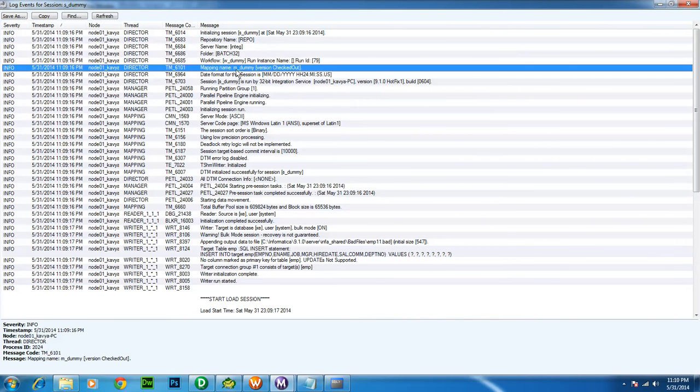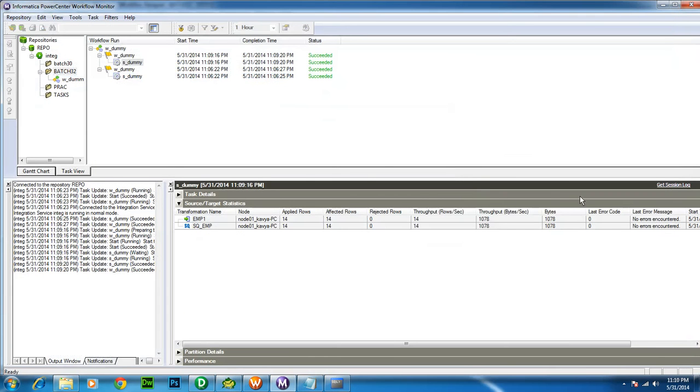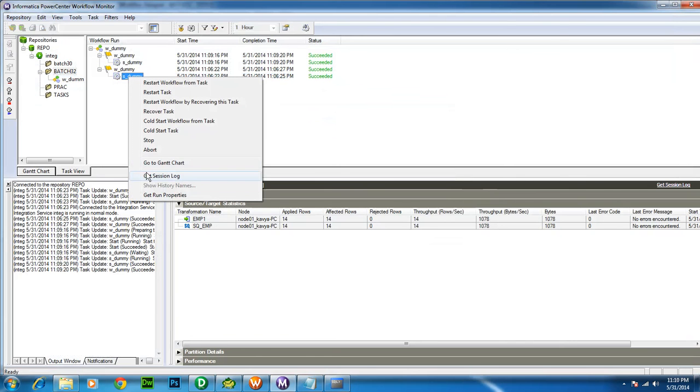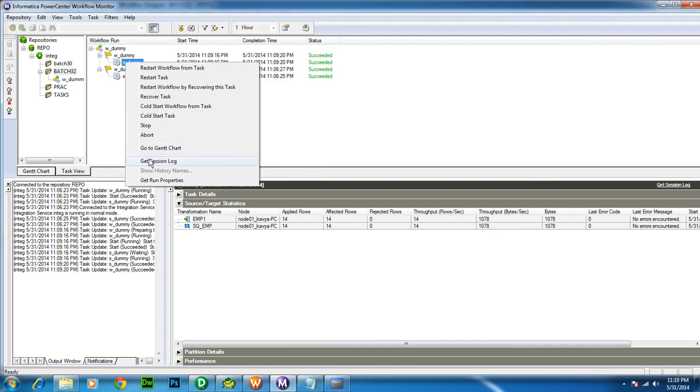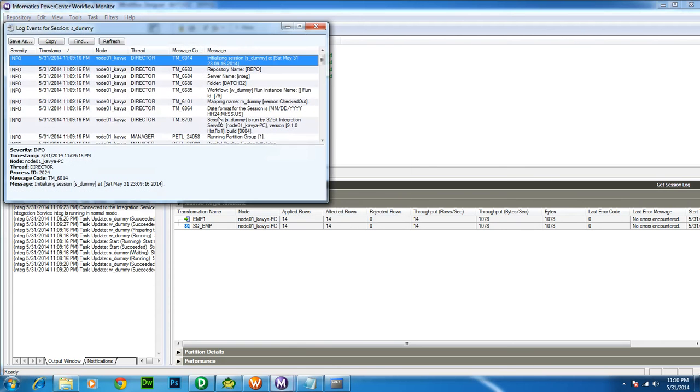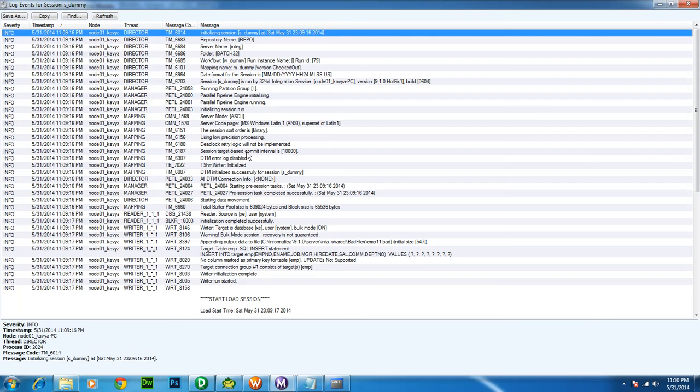See, the mapping name is m_dummy. This is called the session log, right? These are the session properties. If you want to see the session log, right click on the session and say get session log. Or you have an option here, get session log. Anything is fine. So I'll say get session log and we'll see the